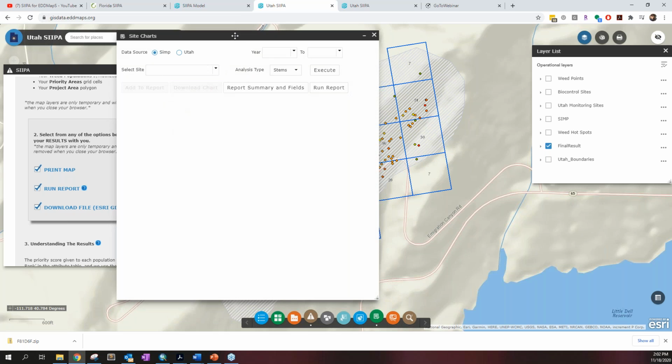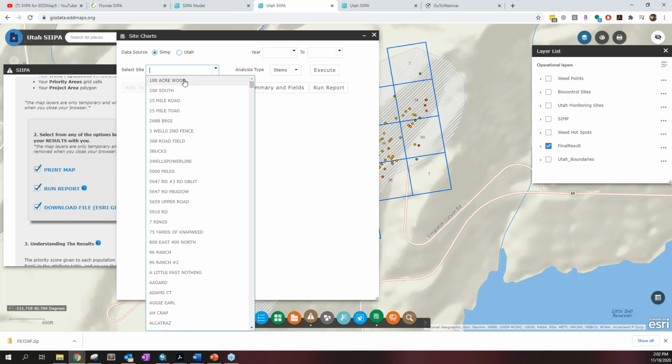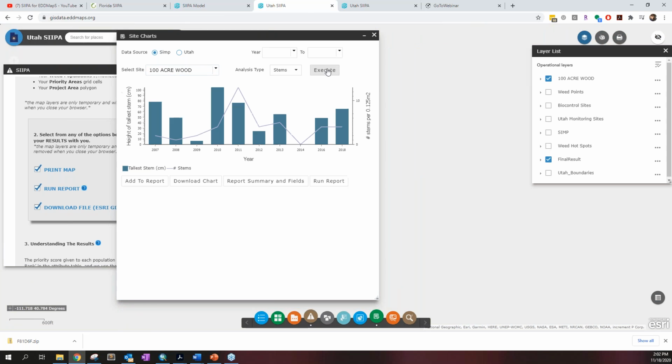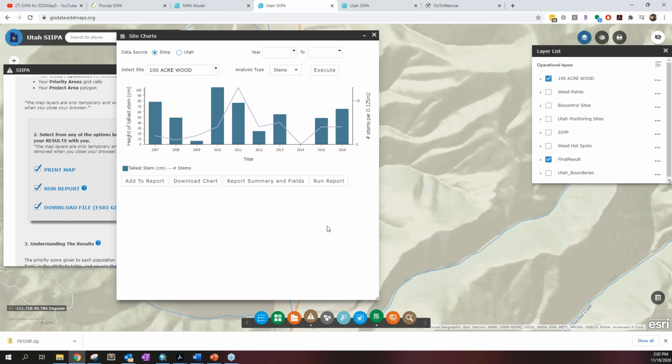And this helps us with our Utah monitoring plots or a SIMP plot that has been done. So in this case, this will be my last point, and then I'll turn back over to you, Deb. But if I wanted to look at, in this case, this is a SIMP plot, and I want to look at, let's say, the stems. This tells me it's got my whole year by year calculations here, and I can add